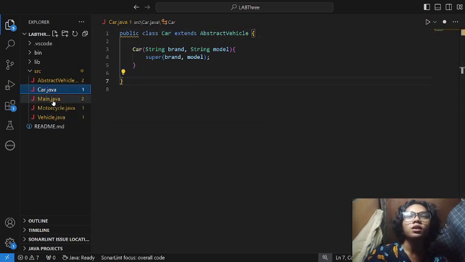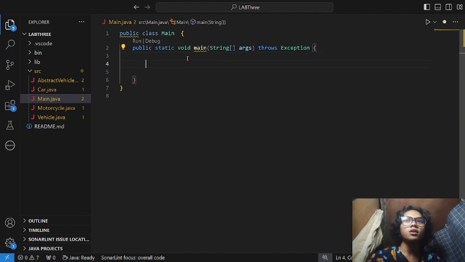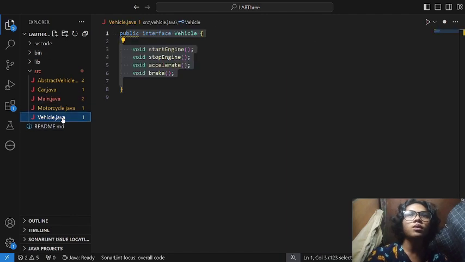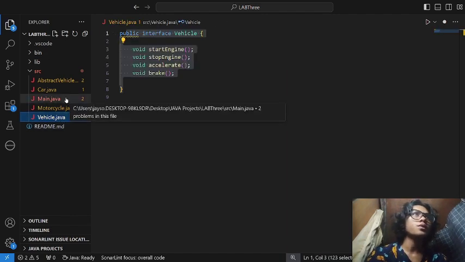So in our main method, we're gonna instantiate the car and our motorcycle. So the vehicle is our reference type because this is